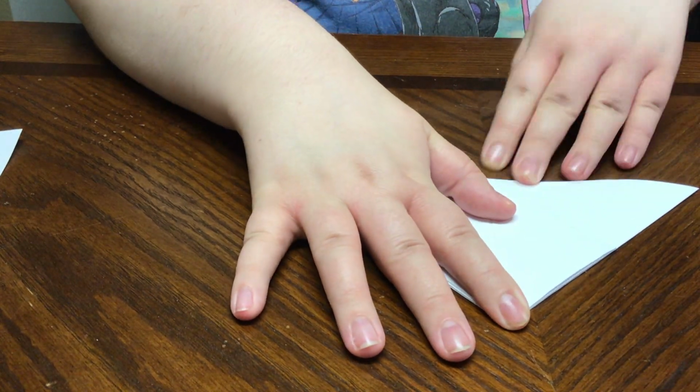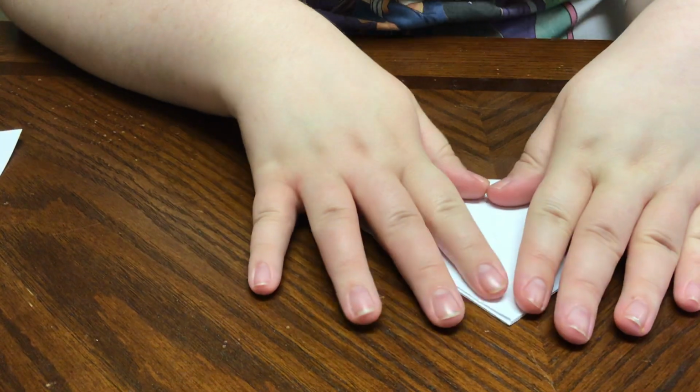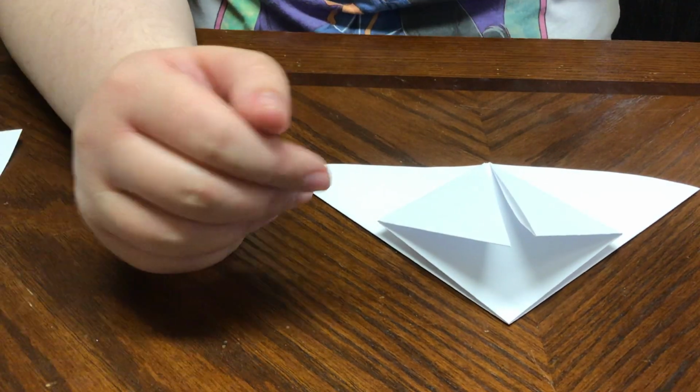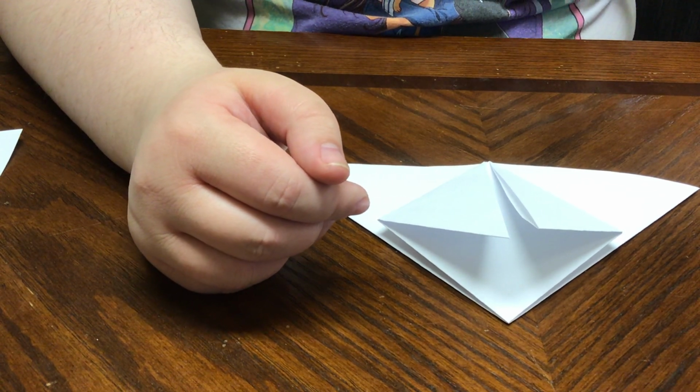If it's not quite perfect, like they're not perfectly lined up, don't worry about it. As long as it's really close, the frog will still turn out, I promise. It'll still jump around for you. Okay, so then